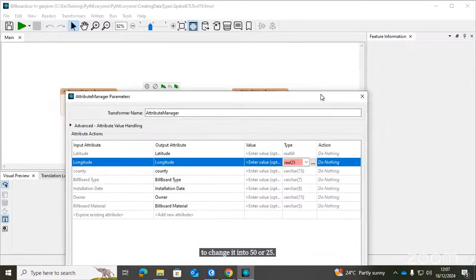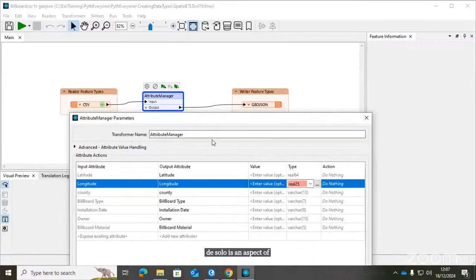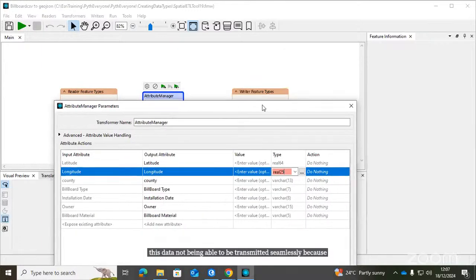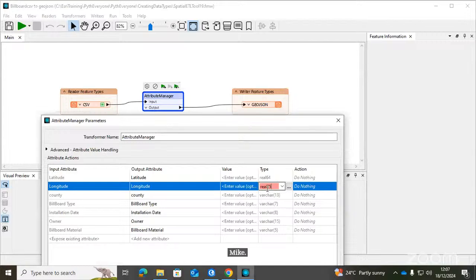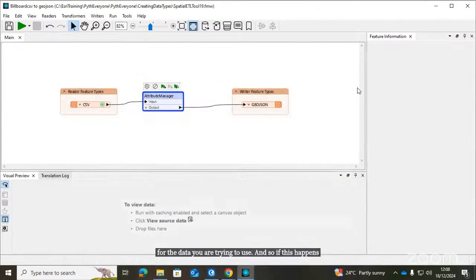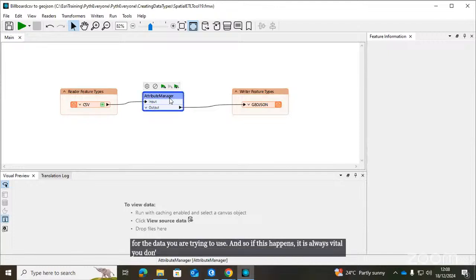There's always a chance of this data not being transmitted seamlessly, because this might not be compatible with the real feature type for the data you are trying to use. And so if this happens, it is always vital that you don't proceed, but just cross-check your data for it to be read here